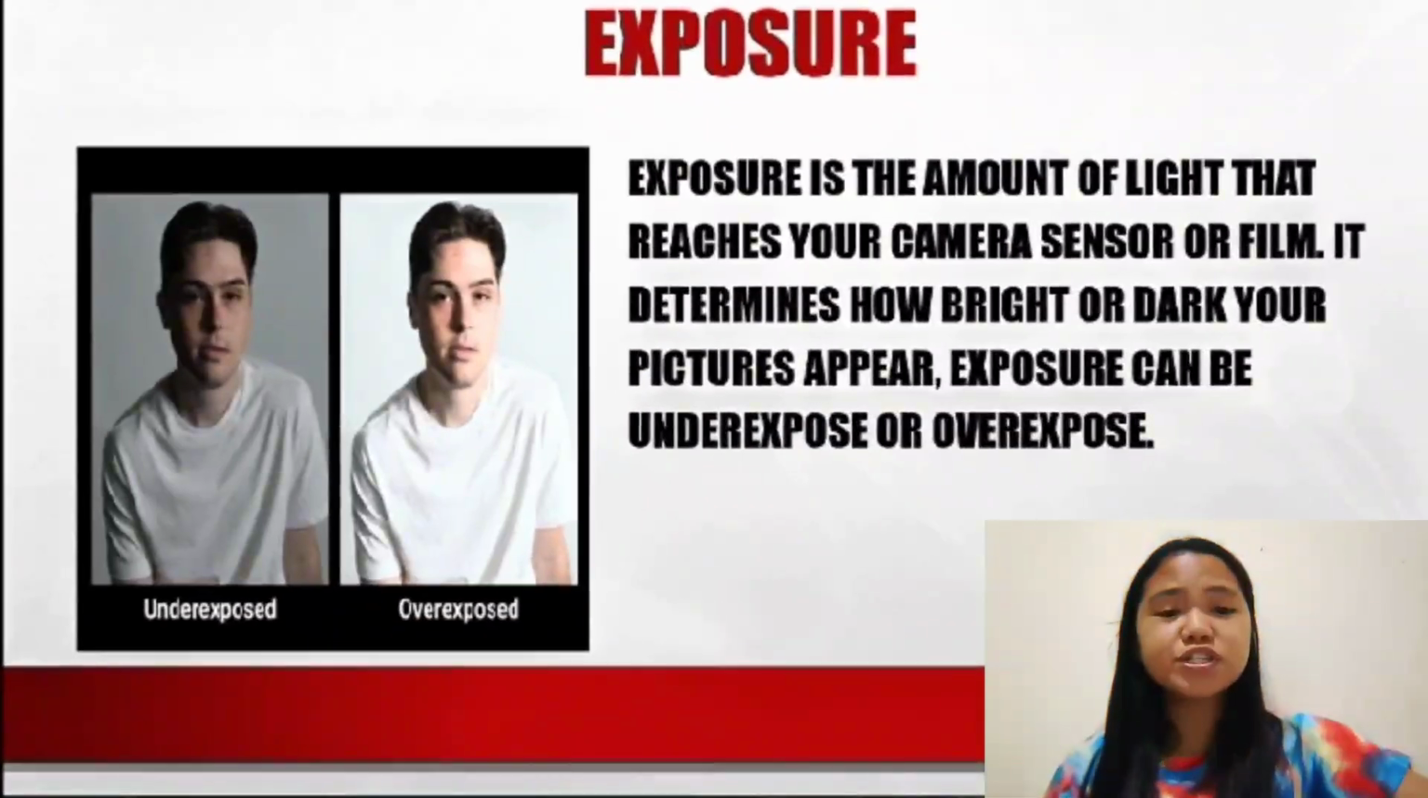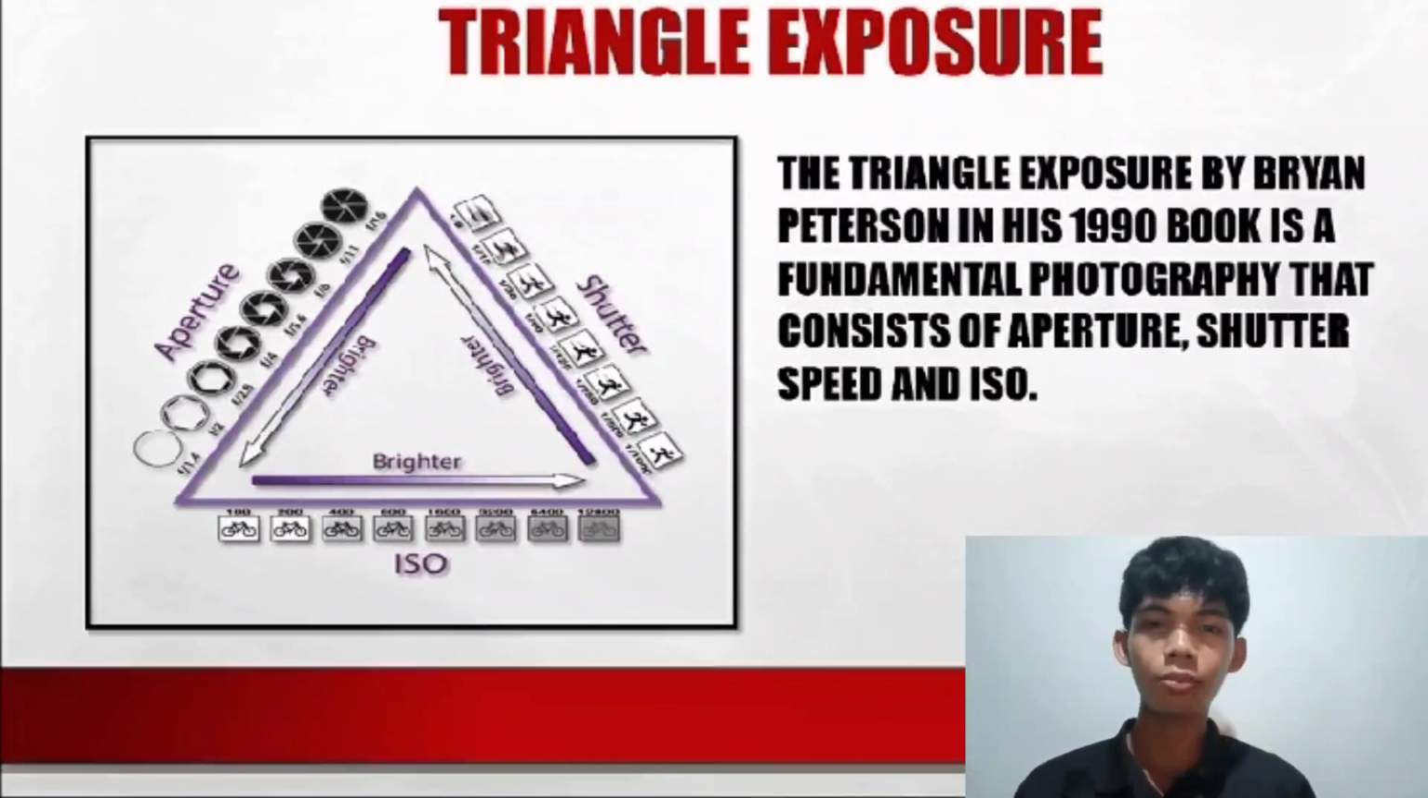Exposure refers to the amount of light that reaches the camera sensor. It's controlled by three main factors: aperture, shutter speed, and ISO. The Exposure Triangle by Brian Peterson in his 1990 book is the fundamental of photography that consists of aperture, shutter speed, and ISO. Mastering the three interdependent settings provides creative control and enables photographers to translate their artistic vision